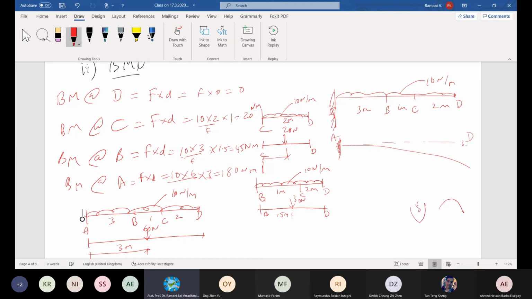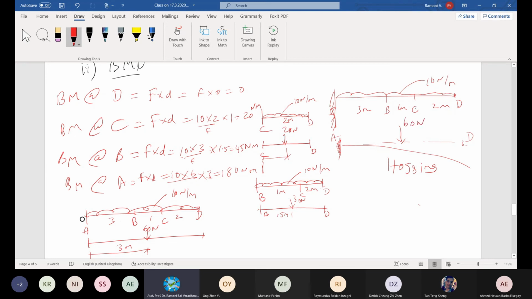This is sag, like sag at full depression. This is hogging. So this type of bending is hogging or sagging? How can you say sagging? Sag is a sag. Okay, I understand your confusion. One moment. In this case, what is happening? You convert into a UDL point load. It will be acting here like this, isn't it?